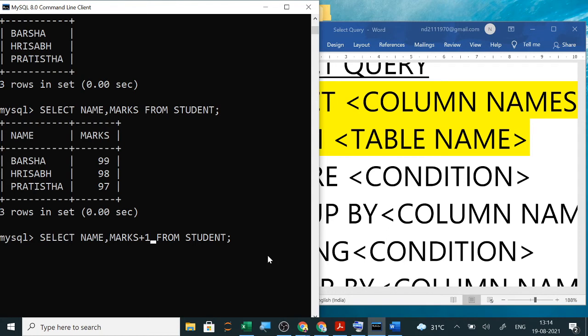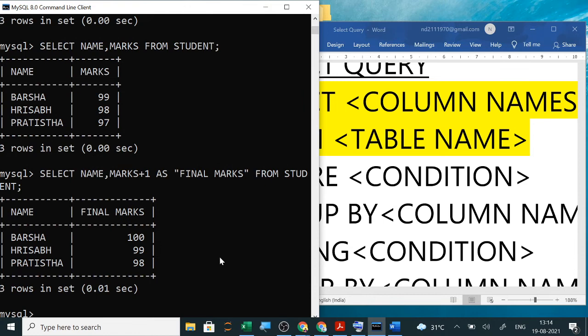Now some alias name you can also give here, suppose as final marks. Now when you execute it, name is as it is. In the original marks, 1 mark has been added and the column name has been changed to final marks.